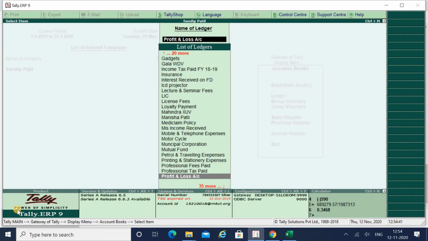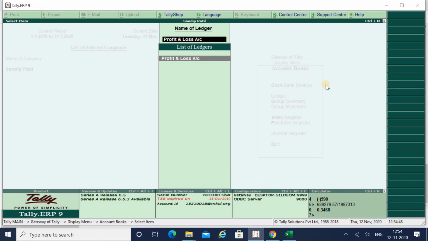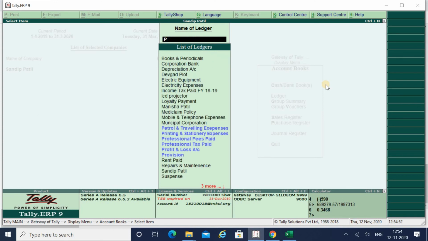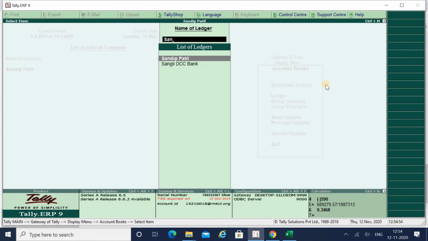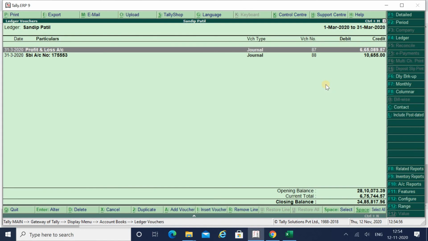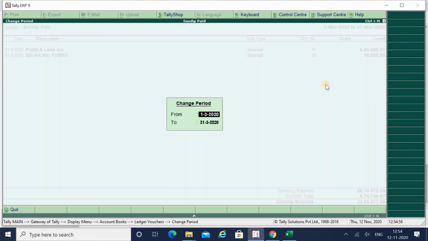So if you're making any changes while filing your income tax return, there is nothing to worry about. I will go to the capital account and see what my actual figure is.